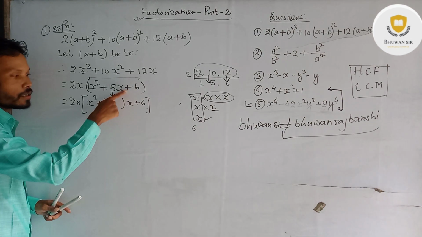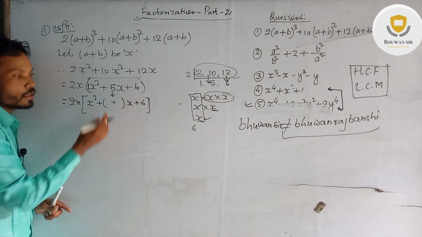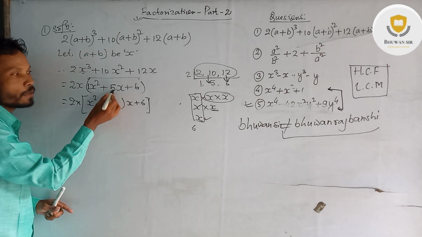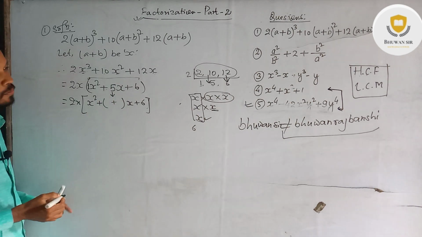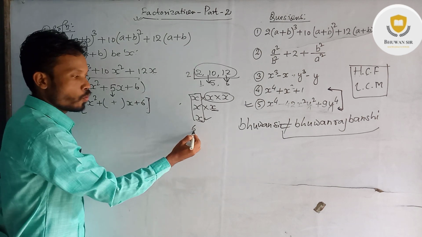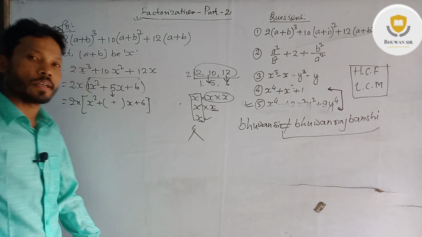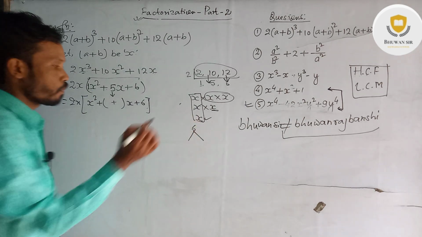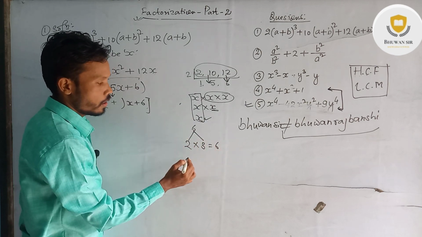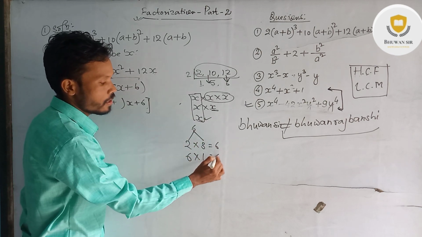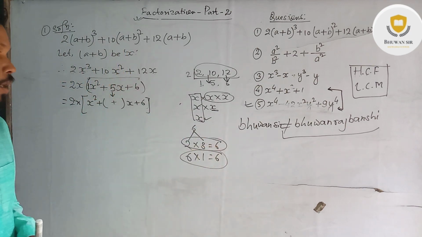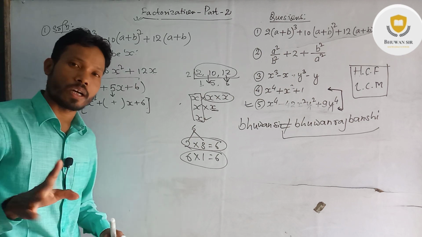Now let's see here. As per the last time, we have to separate 2 numbers, and by plus we have to get 5. That means here 1 into 6 is 6. Which 2 numbers can be multiplied so that it will be 6? There are 2 options: 2 into 3 is 6, or 6 into 1 is 6.